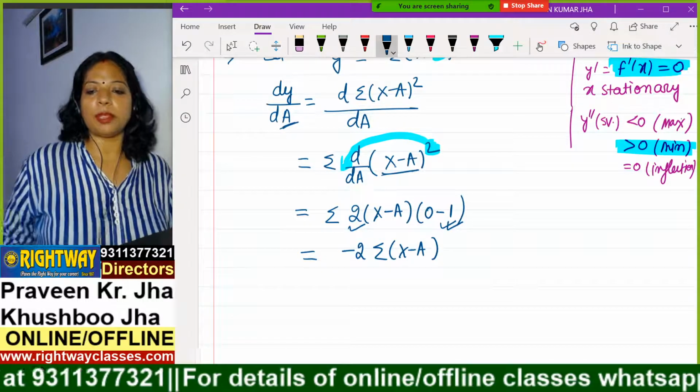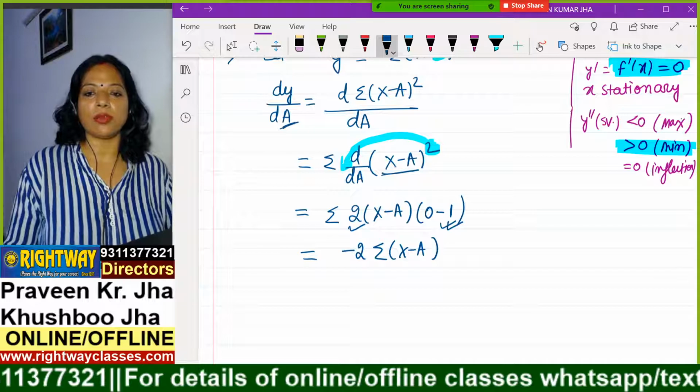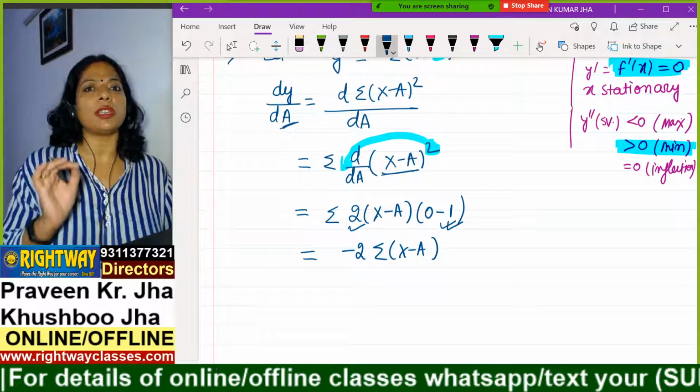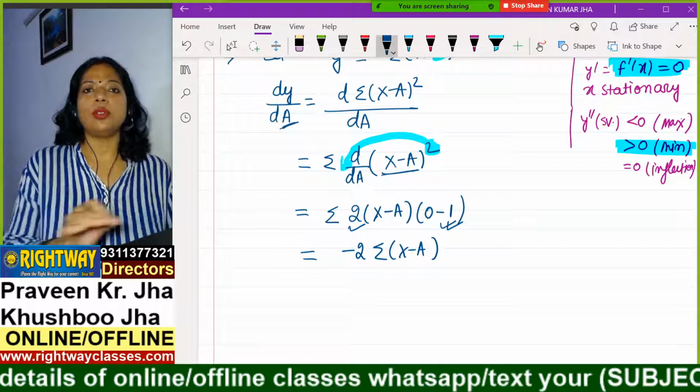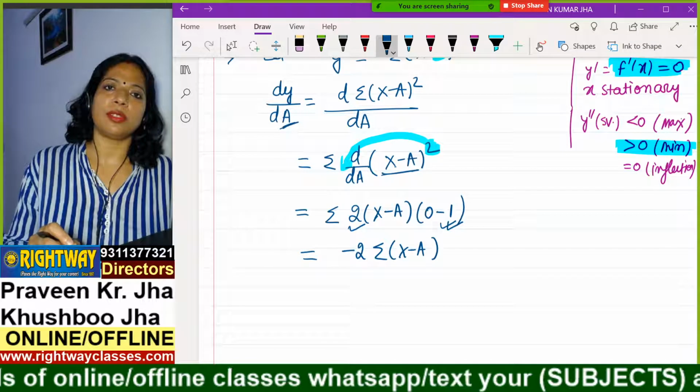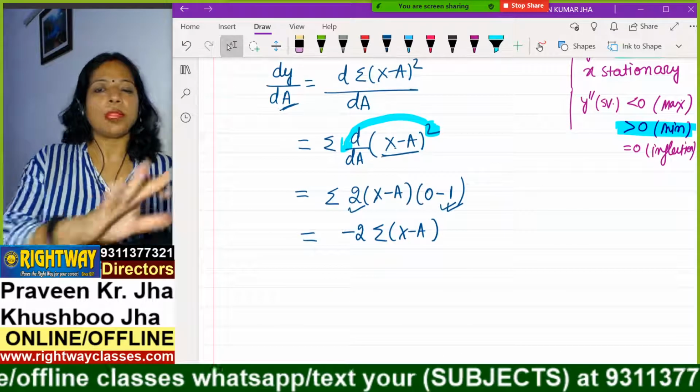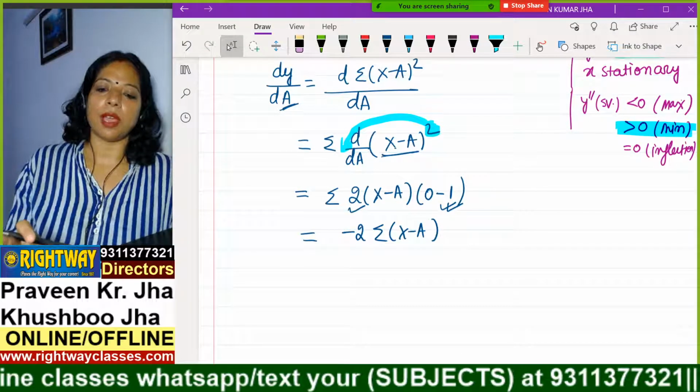If you don't remember mathematics, it may be somewhat difficult for you, but you have to just practice and learn. This is the only type of question. No other question will be asked over this differentiation, so you can directly learn this derivation. Okay, no application based question on differentiation will be asked.